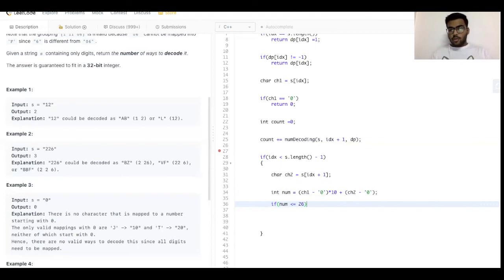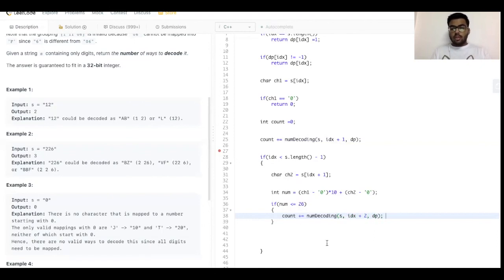If it is less than or equal to 26, we know that there would be another alternative decoded message for that, because 26 is the last number which can be decoded into a letter, Z. At that time, we will be recursing through, and we'll be putting index plus 2.